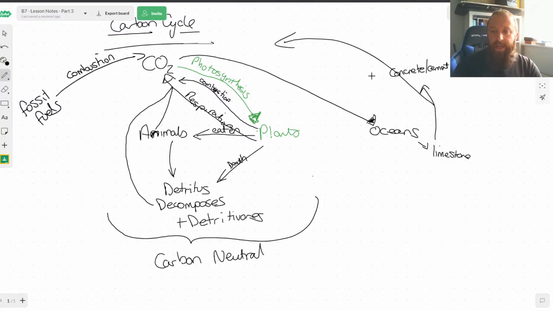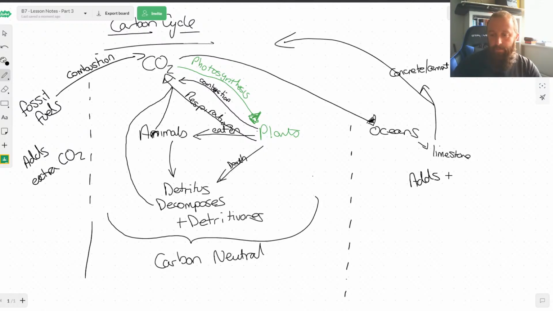So, creation of concrete and the burning of fossil fuels increases the carbon dioxide. So these are not, if I just do a line down here for a minute, this is the carbon neutral section. These are not carbon neutral. So this adds extra CO2. So this is good. This is bad because this is increasing the carbon dioxide, which is then adding to the